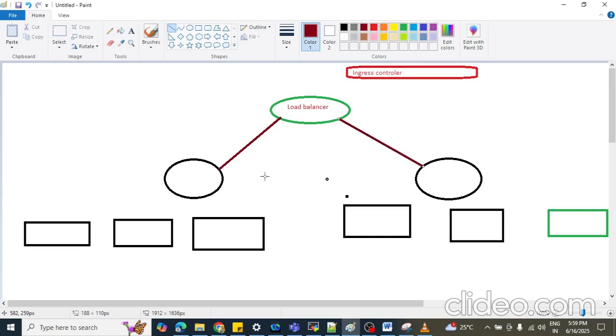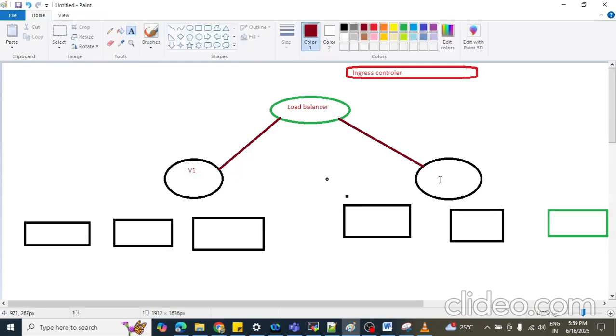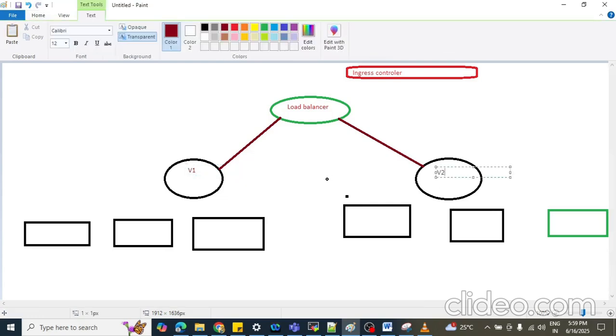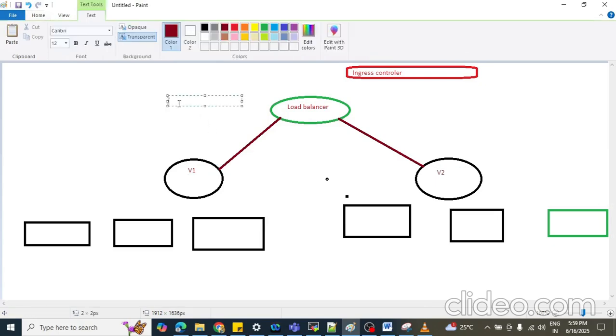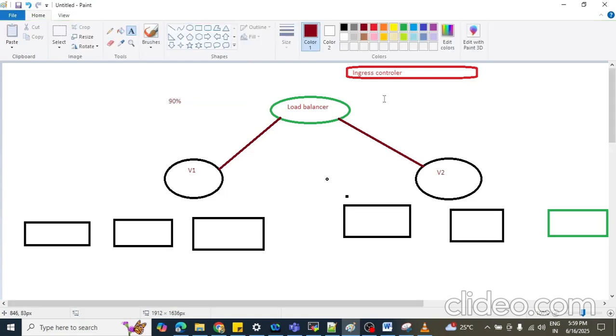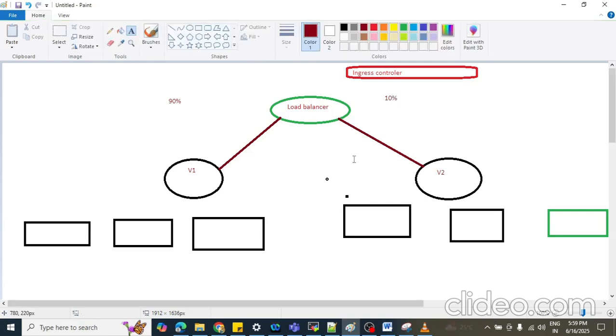This is your version v1 and this is your version v2. So here what we can do, this is your old version where 90% traffic is running and the remaining 10% we are running here as 10%. This is your canary deployment.